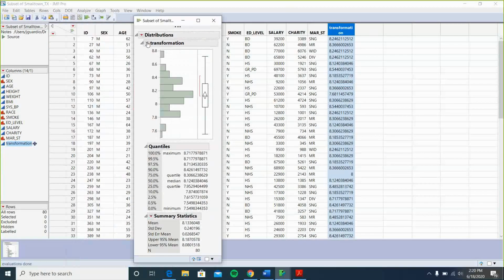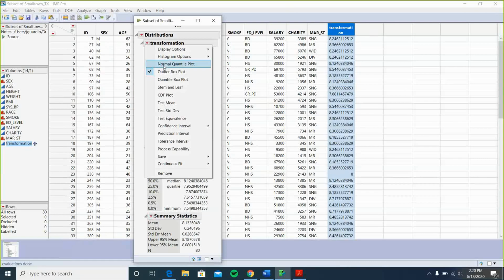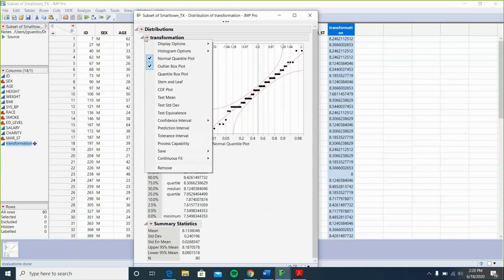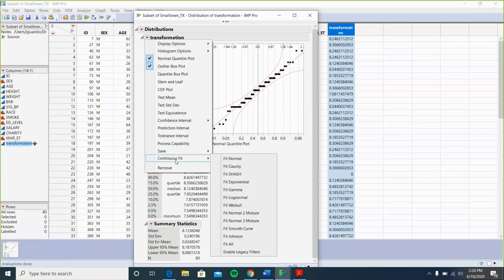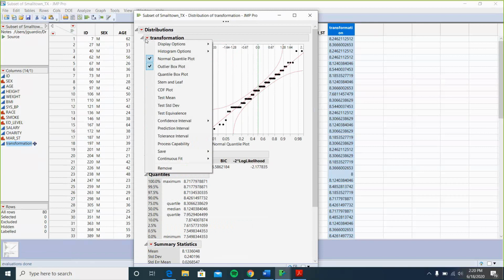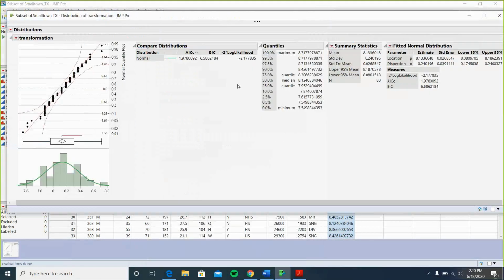How do you get a normal quantile plot? Click on the red triangle, choose the normal quantile plot. Right. Still you have one more step, that is go back to the red triangle, and then you have to give continuous fit normal. Make it horizontal. So go to this option, horizontal layout. Okay, you get this. As you can see,